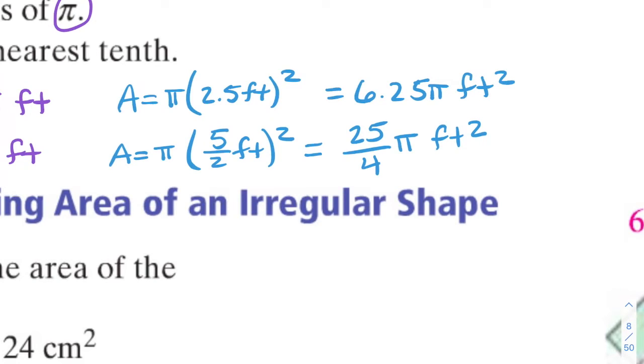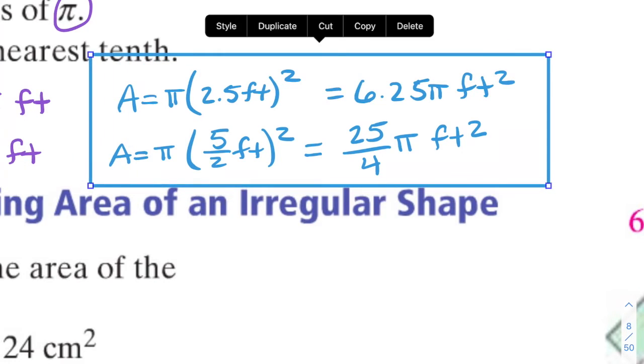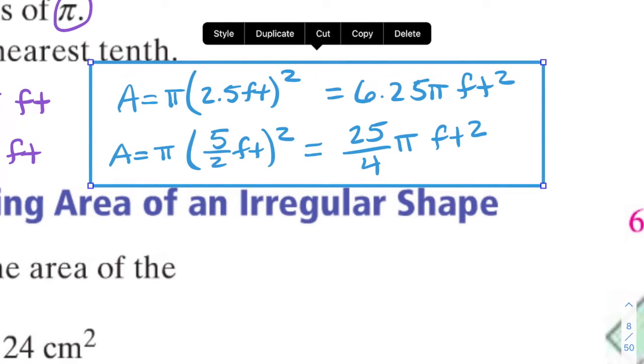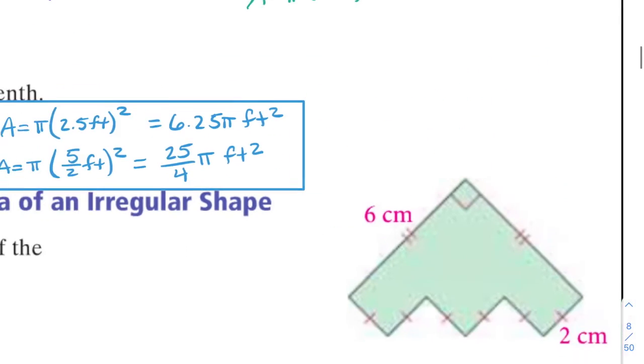So either of these answers is correct. Normally, like I said, you don't often see a decimal, but you can. I mean, there's probably sometimes some people out there that say it's not okay to do. It is in terms of pi, and that's what we wanted. So, and then let's